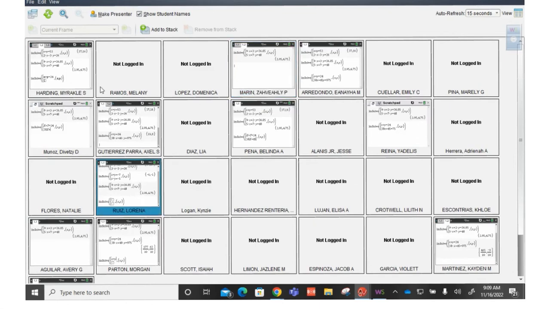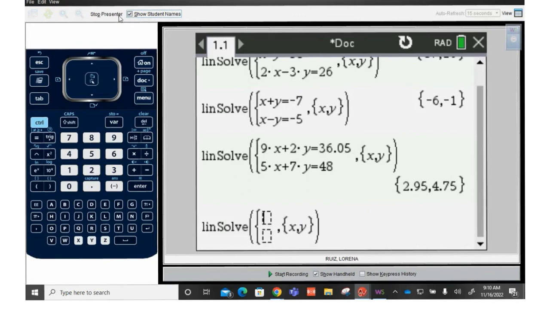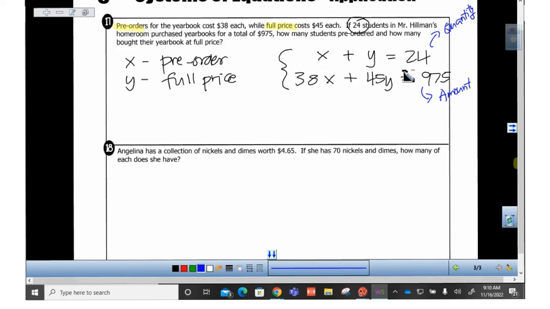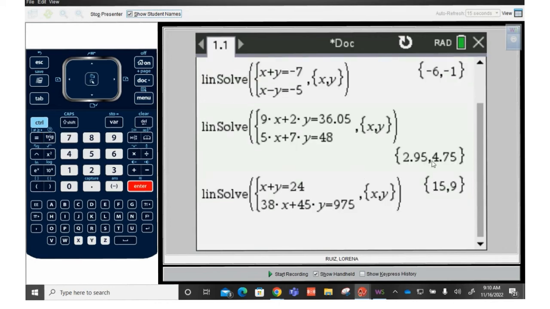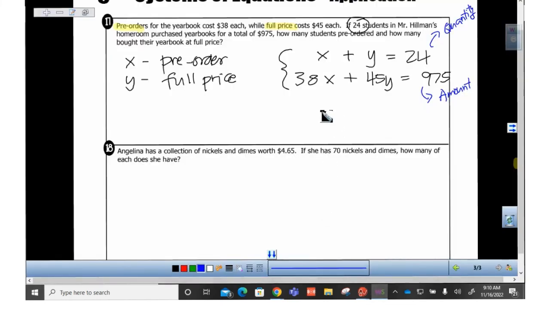Now let's pick one random calculator here to be our presenter. So let's type the equations. LinSolve, menu 3, 2. Since Lorena is already in LinSolve, we'll just type the equation X plus Y equals 24 and 38X plus 45Y equals 975. Okay. Let's go back to Lorena's calculator. So there's X plus Y equals 24, 38X plus 45Y equals 975. So now you type it in the calculator, boom, menu 3, 2, hit enter, and the answer is